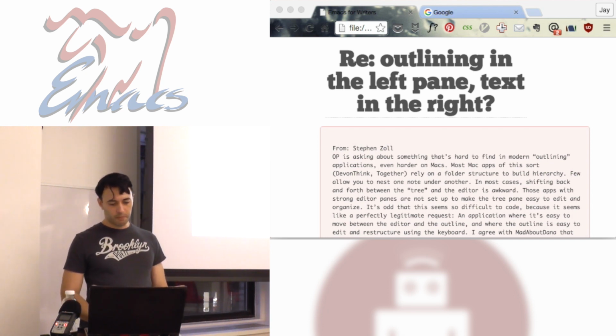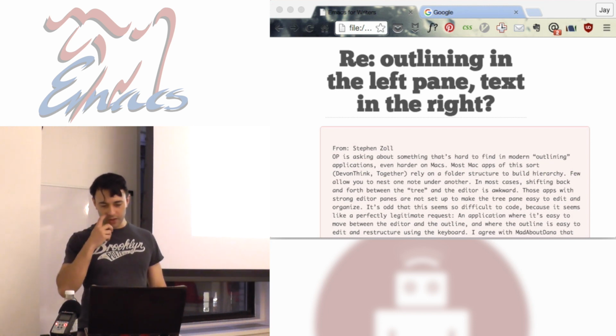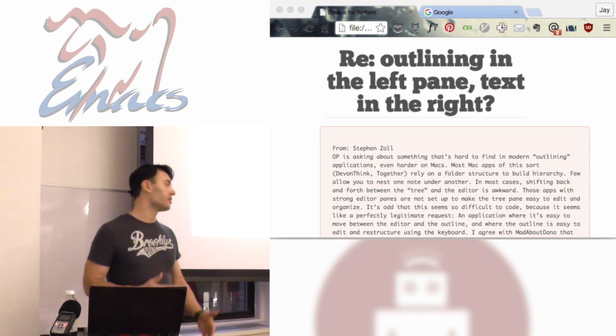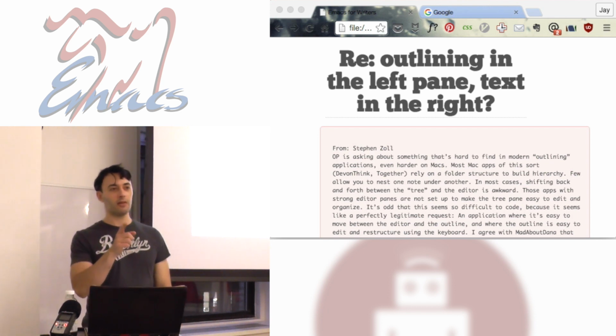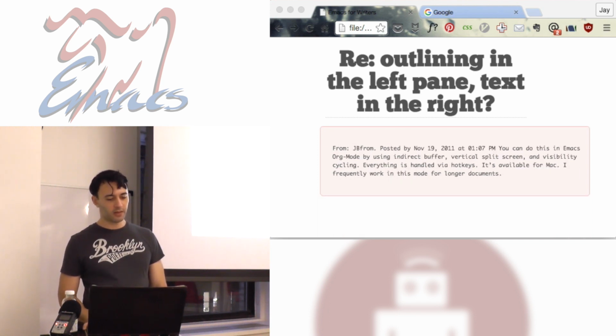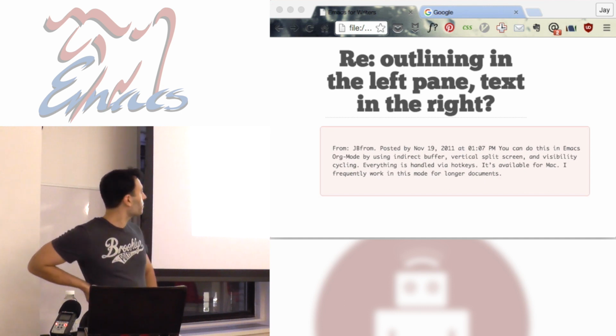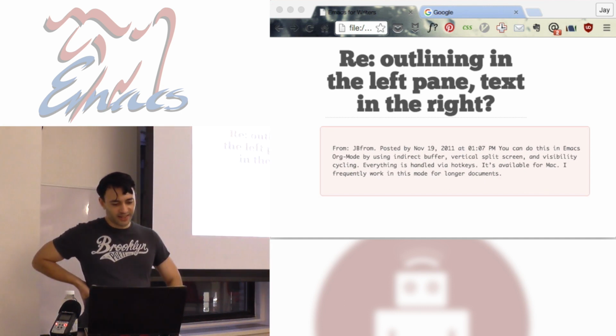There's something called Mad About, I agree with another poster that tree is a good option to try, though the notes are in line and not in a separate right-hand pane as the original poster requests. So no luck there,